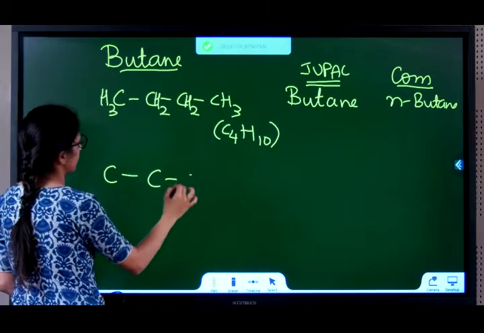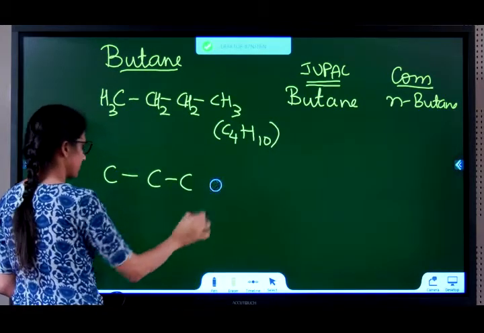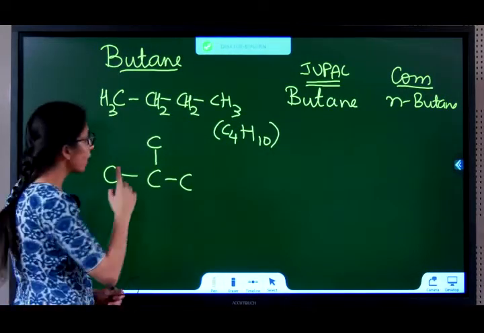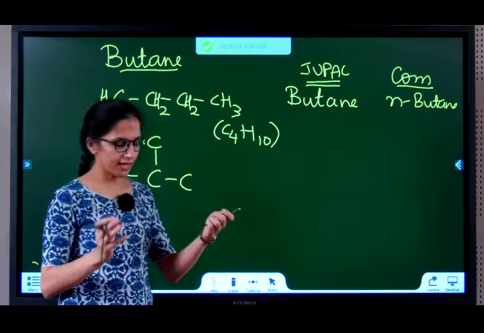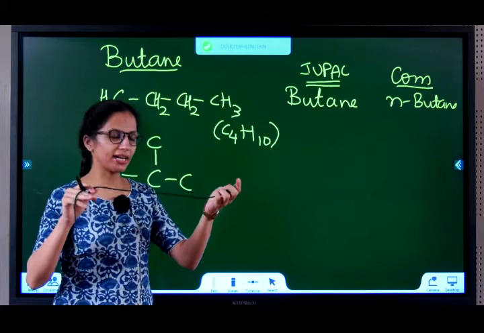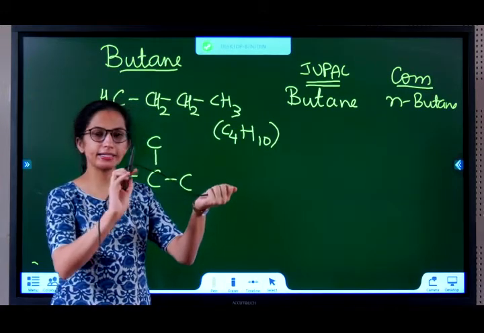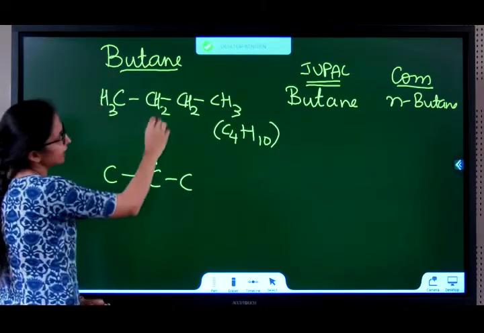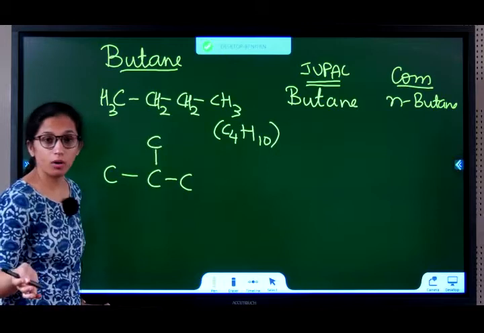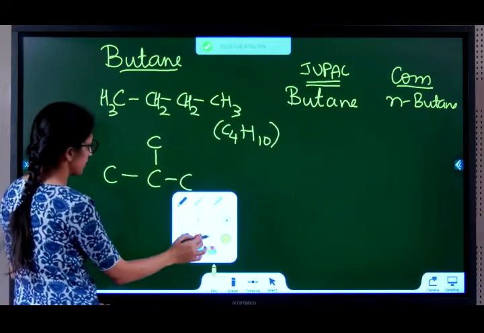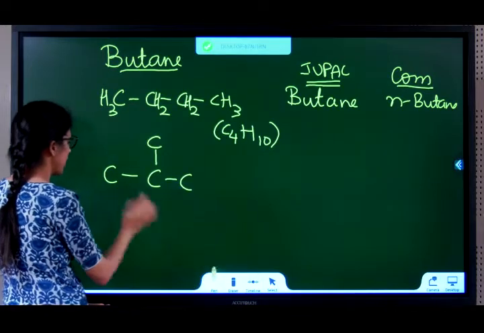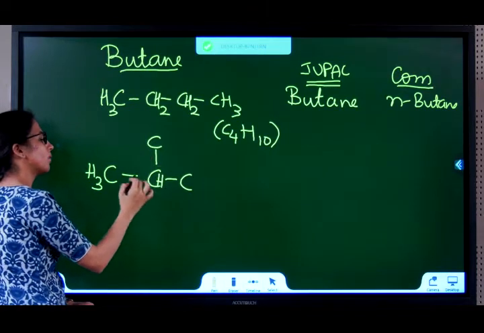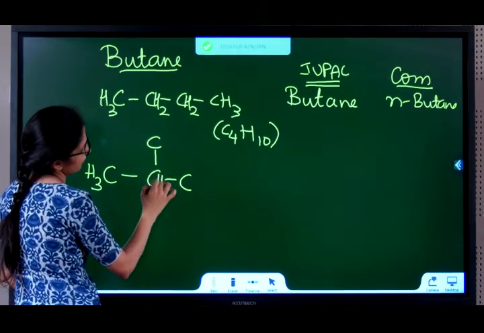So the next question comes. What if I remove this carbon and put it at position 2? Then what happens? Now it's not the same, because if I have this long chain here and I'm cutting this and replacing it somewhere in between, it is not a part of the same chain. If I bend it back, will I get this? I won't get it. So here the naming now becomes, first add the H's. How many H's does this need? 3. How many H's does this need? 1, 2, 3, 4, so only one H.